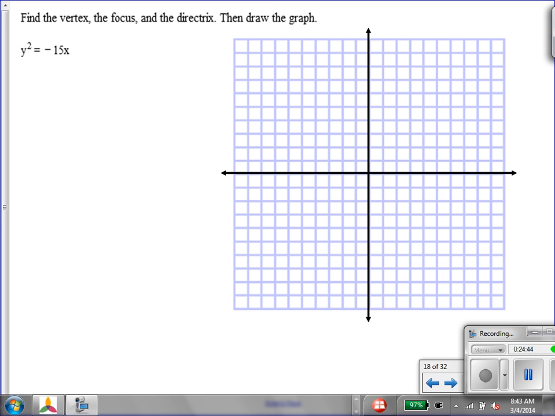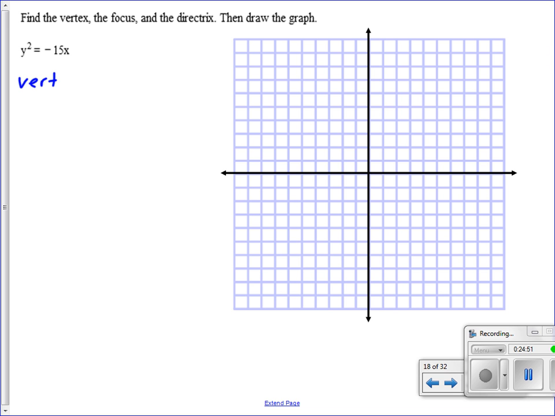Find the vertex, focus, and directrix, and then we get to draw it. So let's start with the vertex. What's the vertex? Okay, 0, 0. What is, and so is this opening left and right or up and down? Left and right. Left and right, so we're going to change the x coordinate, not the y, because it's going left and right. What is the focus on this one? Over 4. Yeah, it's negative 15 over 4. So whatever the number is in front over 4. So the focus is going to be negative 15 fourths,